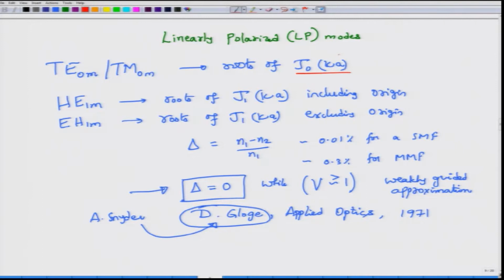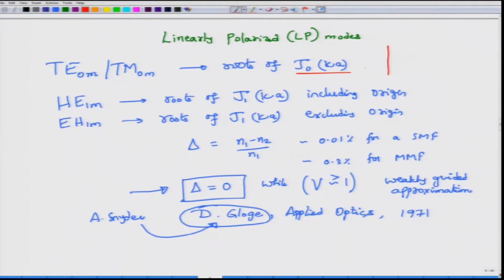And of course, that is the ideal thing, but you also need to know where these cutoffs occur, right. And those cutoffs we have already discussed for the TE0 mode and TM0 mode. If you look at them, they are actually the roots of the Bessel function with the parameter kappa in the argument, and I do hope that you remember what kappa is. So, when the values of kappa a are such that the Bessel function of order 0 goes to 0, then you will have these different TE modes.